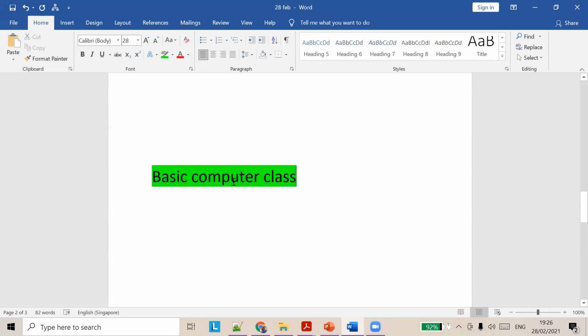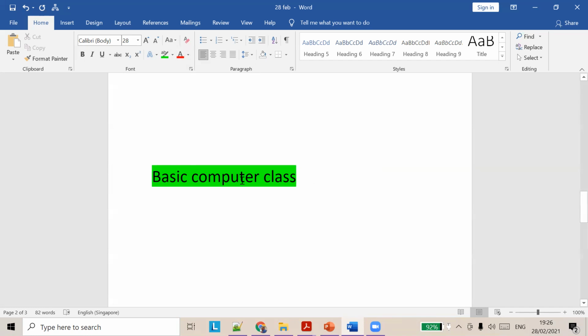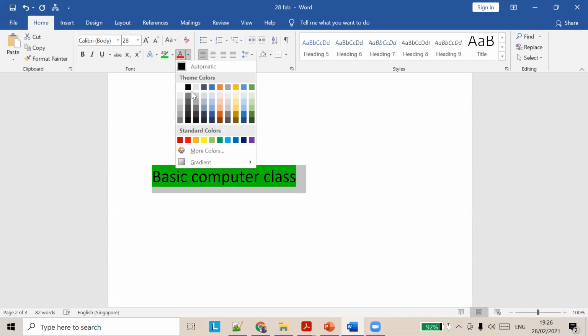We can also change the text color. The default text color is black, and if you want to change it, you can use this option. Go here and you can choose. First you have to select the text, then choose the text color you want.